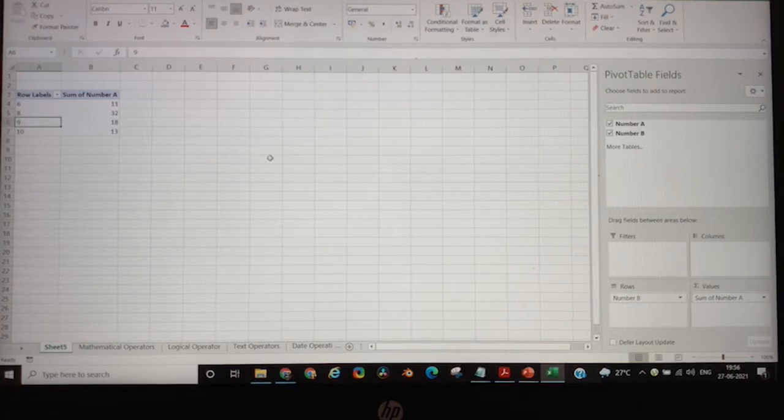Next question. Hi, Amit this side. I have one question. If my data has gone in descending order, how can I correct it? If accidentally you have put your data in descending order, then I think the best is to press Ctrl Z to reverse your data. But other than that, there is not much you can do.